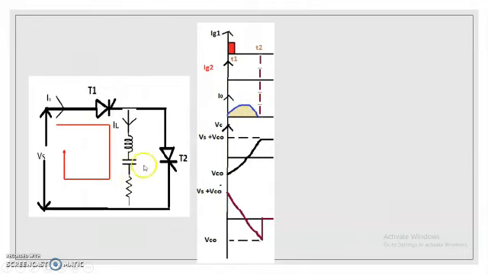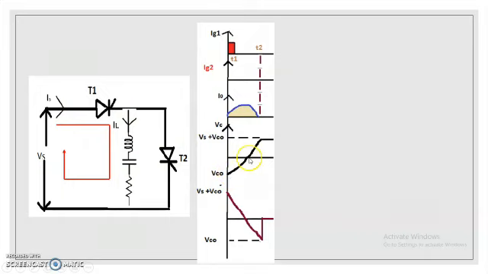As I told before, initially the capacitor will carry the voltage minus Vc0. Once thyristor T1 starts to conduct, the capacitor charges and it increases from minus Vc0